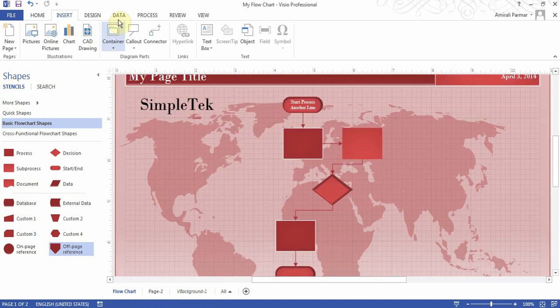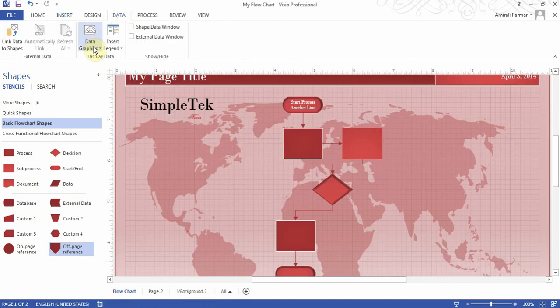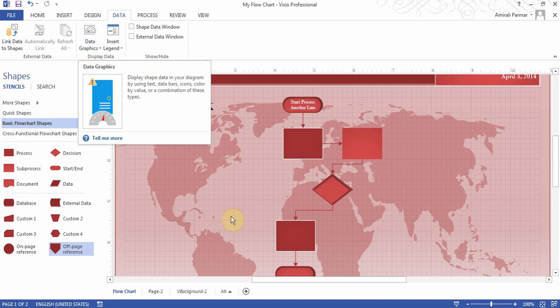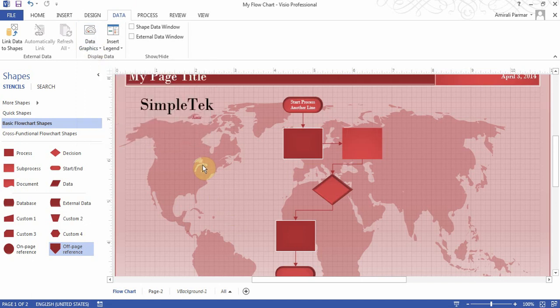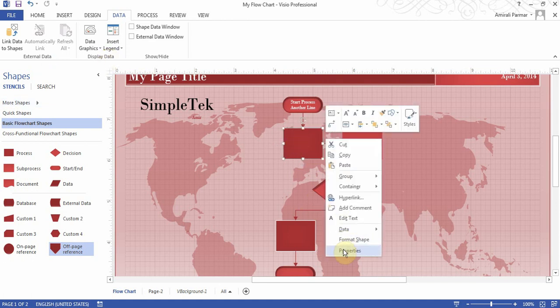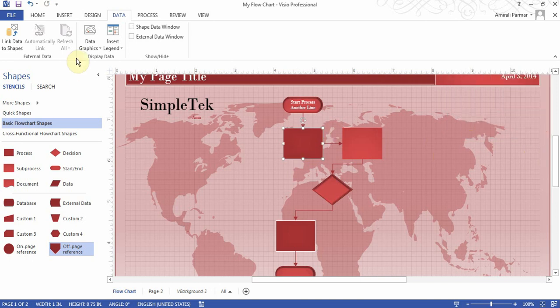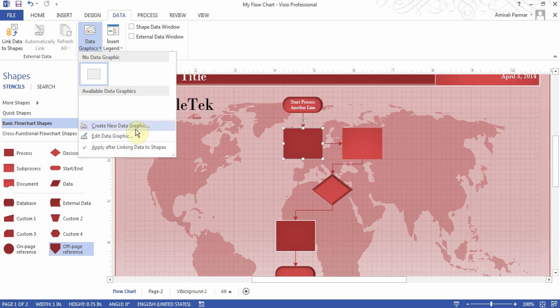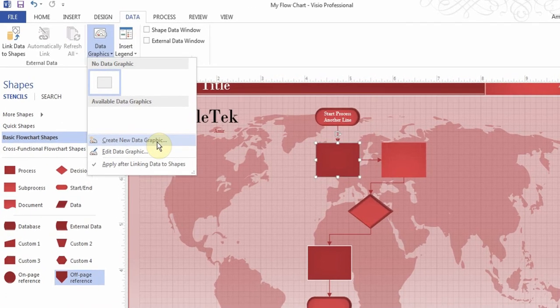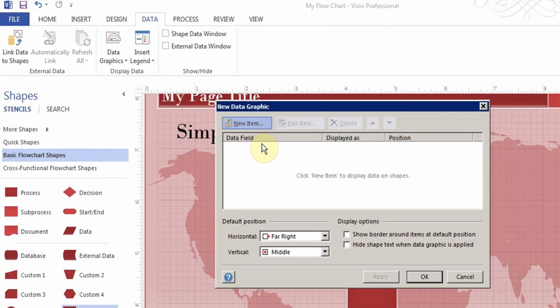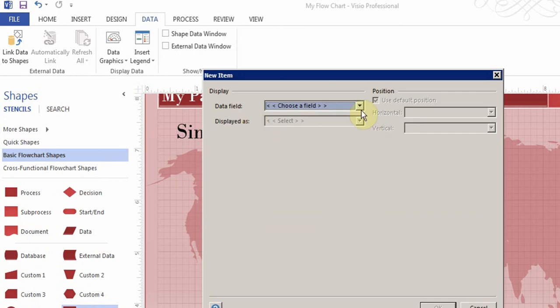Next, I'll talk about the Data tab. They have this button called Data Graphics. That is where the association of the data information comes up. So if I right click here and I go to properties and put in the cost 1000, okay, and I'll just close this. Now if I go to Data Graphics and I click on Create New Data Graphic, I already clicked on that box, and I can click a new item, and then I can say cost